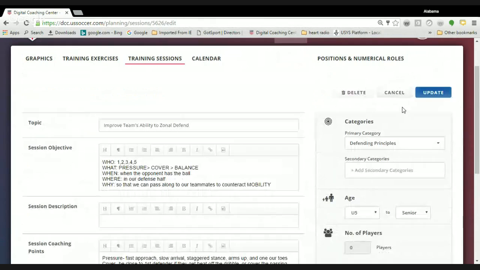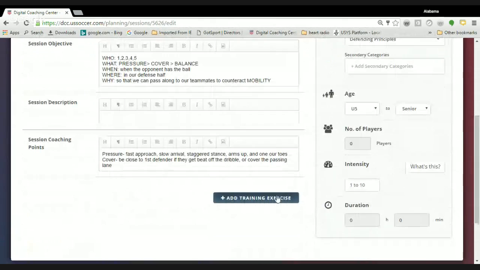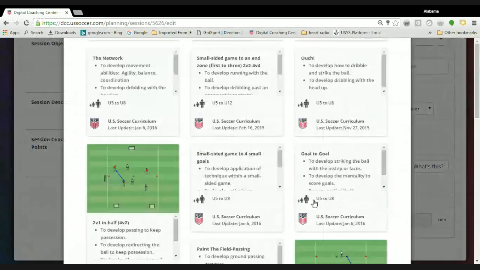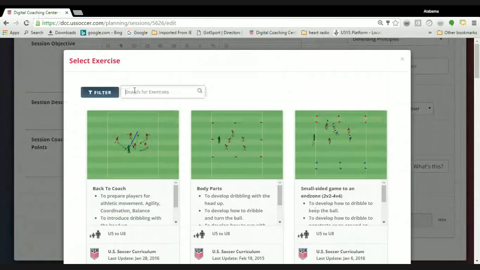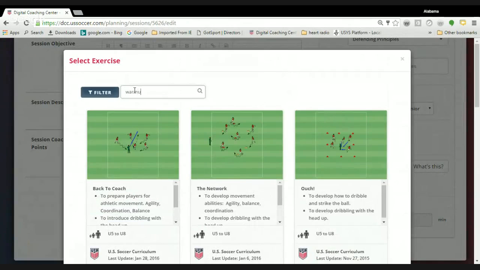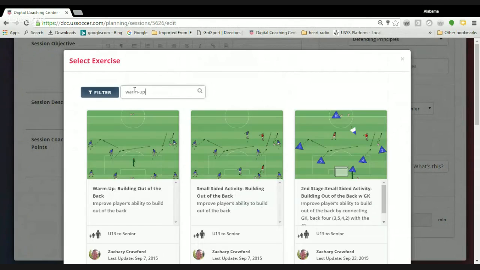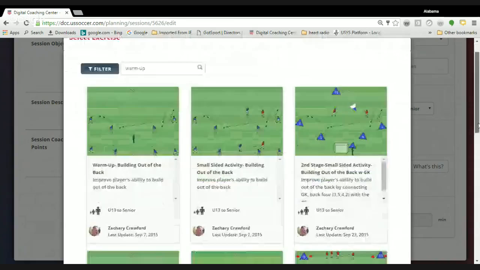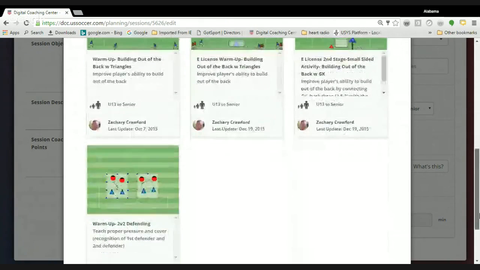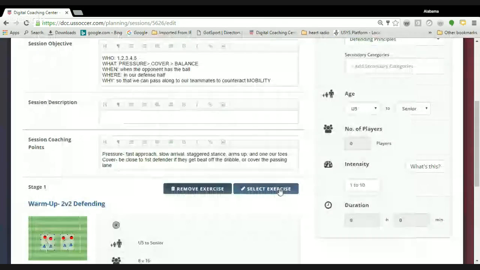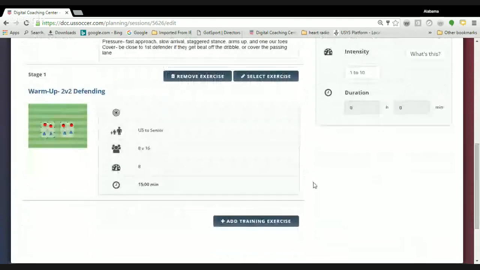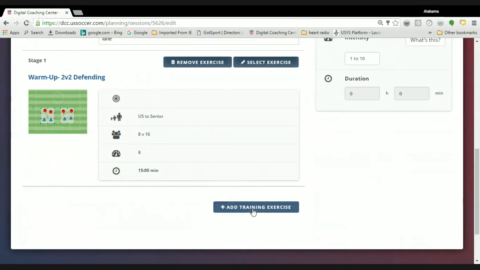So now we can just click edit and go in to add a training exercise. So we want to add in our warm-up first. If I've got my title in there, I know that I do warm-up with a dash, so I'm looking for that. Type it in, and there's our exercise that we created. So there it is, stage 1. Now to add stage 2, I go right below that, add training exercise,